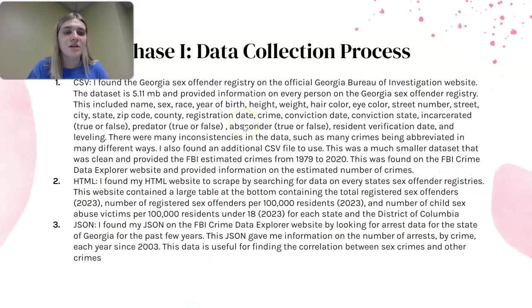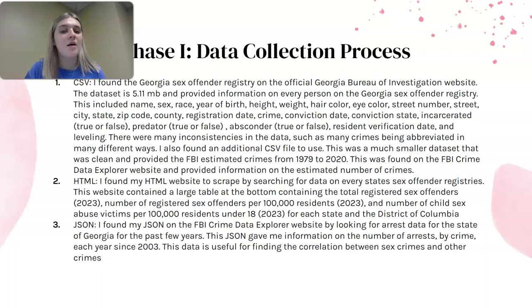Okay, so for the data collection process, I found my CSV online on the Georgia Bureau of Investigation website. The dataset was 5.1 megabytes and provided information on every person on the Georgia Sex Offender Registry. It included things like name, sex, race, all the basic demographics. It also included their full addresses and the registration date, crime conviction date, and then some other information about the